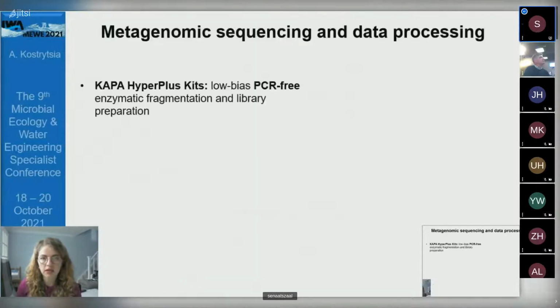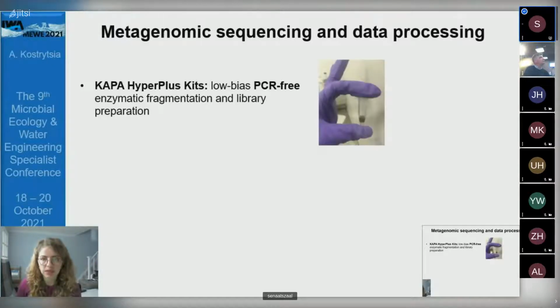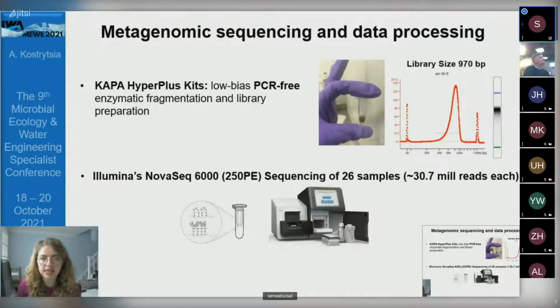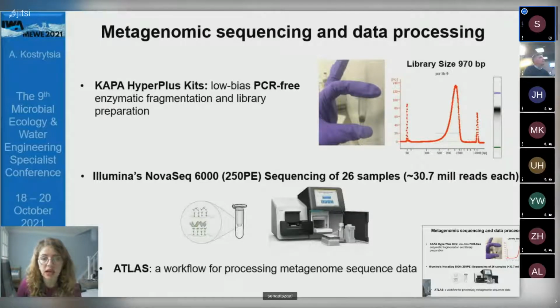I prepared the metagenomic libraries myself with the help of Kapa HyperPlus kits. This is a PCR-free, low-bias enzymatic fragmentation library preparation kit. You see here the average library size I obtained. Then we sent it for sequencing on the Illumina NovaSeq 6000 PE platform, where we obtained about 31 million reads per sample,